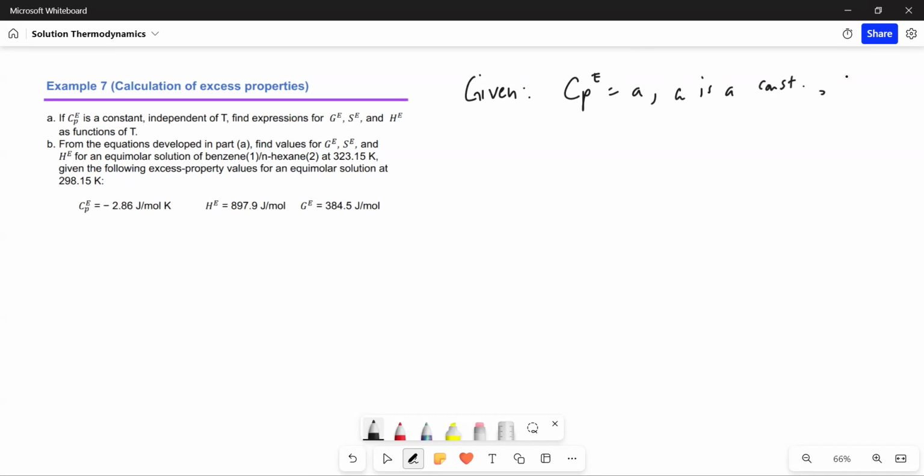It's T independent. Okay. What else is given? Values for CP, H, and G. Okay, so given the values,